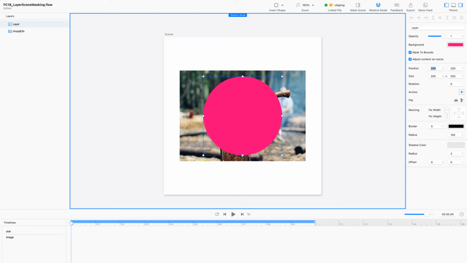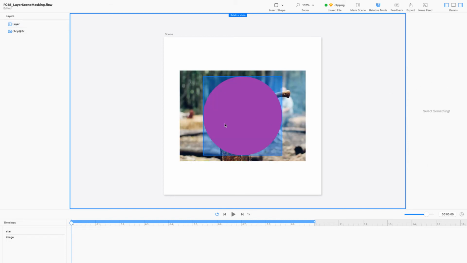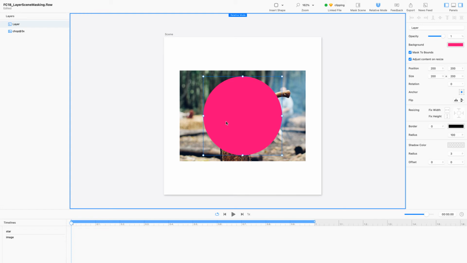100 being half of its width and height, which makes this thing now look like a circle. And again, this is the border of this thing. Okay, so I've created a circle for this layer,